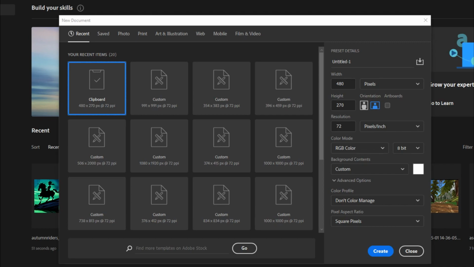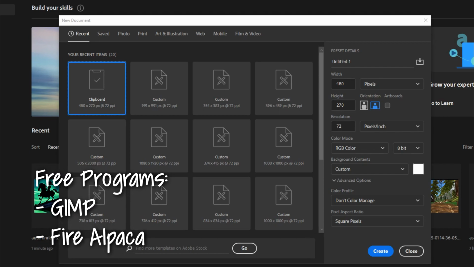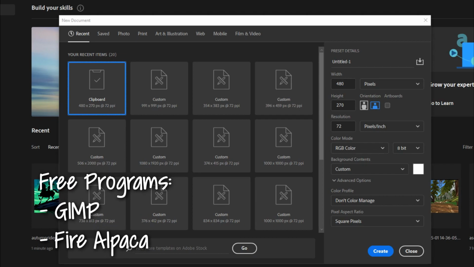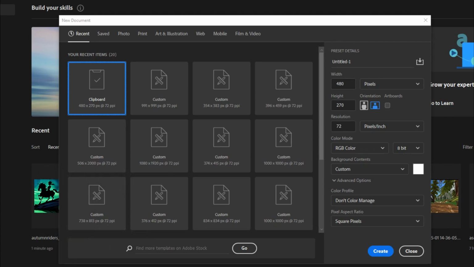So today we are here to show you how I make thumbnails in Photoshop. Now, Photoshop is not a free program. Photoshop does require me to pay $10 a month in order to use it. There are free programs out there. A lot of people use GIMP, some people use Fire Alpaca, but I use Photoshop because that's what I pay